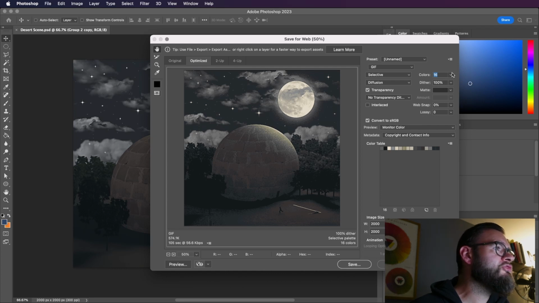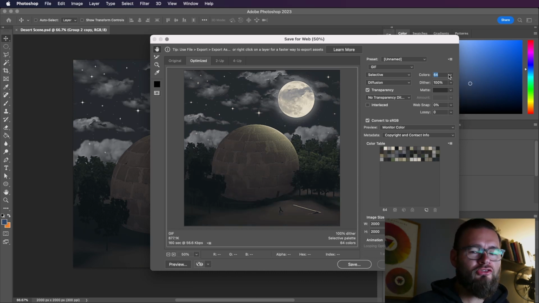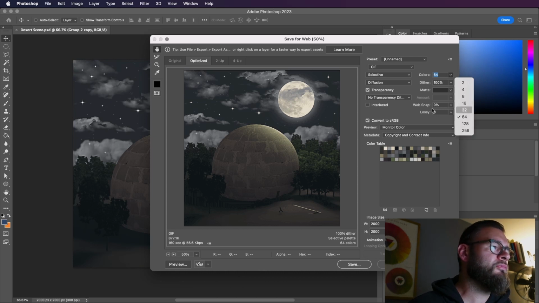I'm happy with 16 colors. I might go for 32. I mean, 32 does give it a little bit more depth. Let's try 64. So basically, the old Amigas, and I think even the Sega Mega Drive, on the PCs of